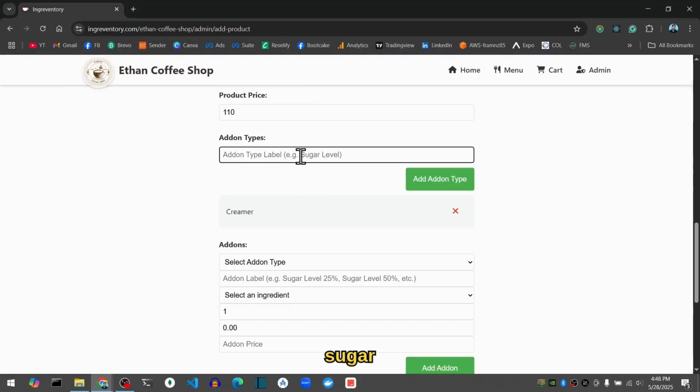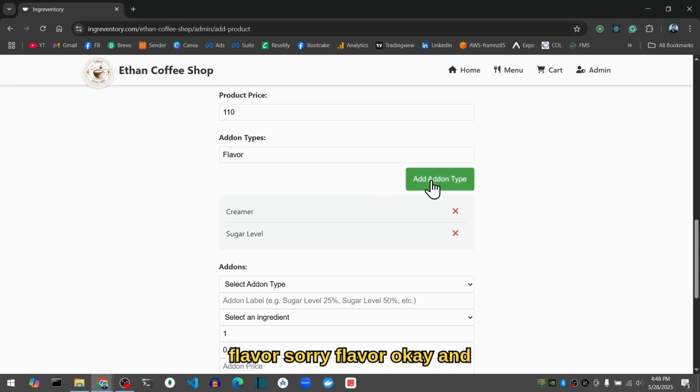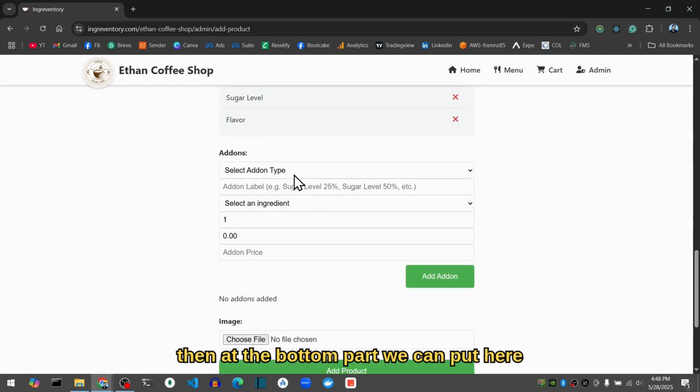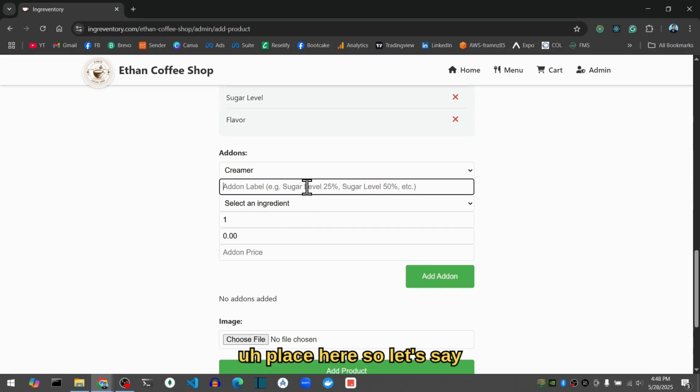So sugar level, maybe sugar level, and then flavoring, we have vanilla, no, we can put here flavor, right? Flavor. Okay, and then at the bottom part we can put here creamer. So you can place here, so let's say creamer level 1. Okay, level 1. So that is